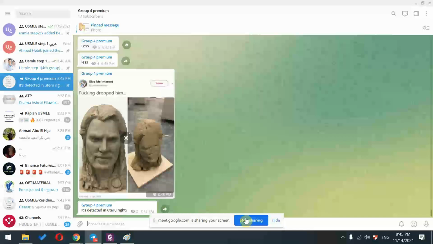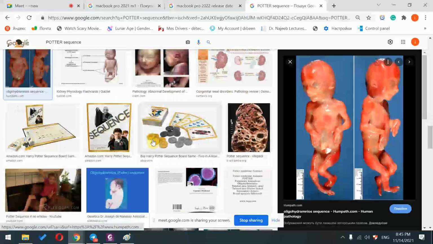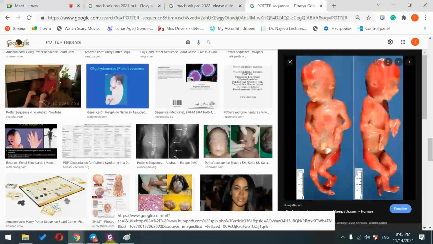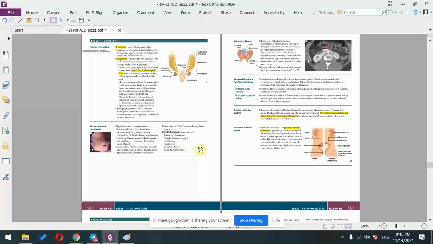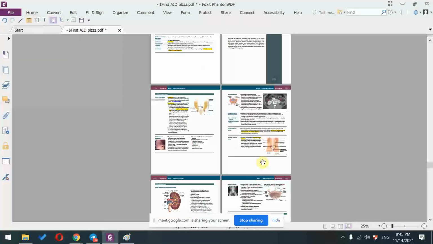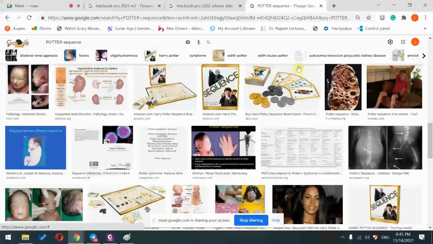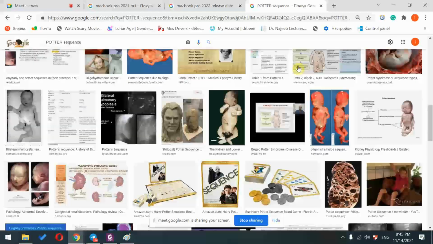Can you tell me, actually I will tell you. There is something called post-void residual volume. The post-void residual volume in men, and you must know these values. In men, it's 50 milliliters, okay? In ladies, it's up to 150 milliliters. So, if I have a patient whose post-void residual volume is 600 milliliters,